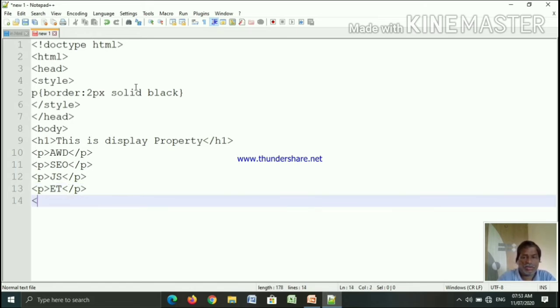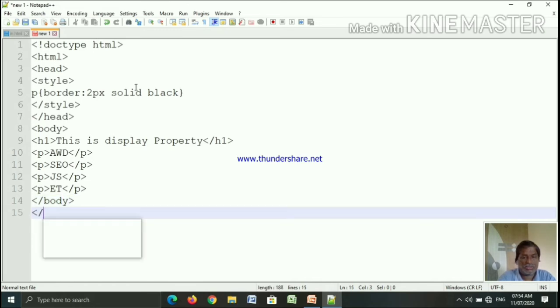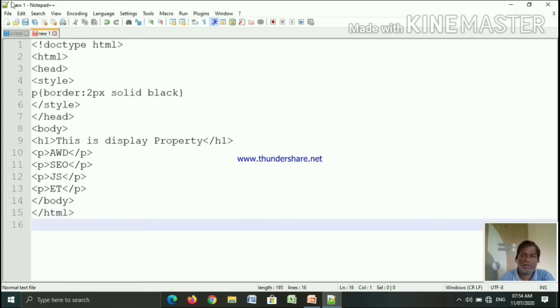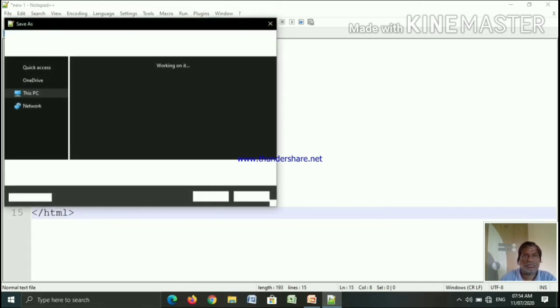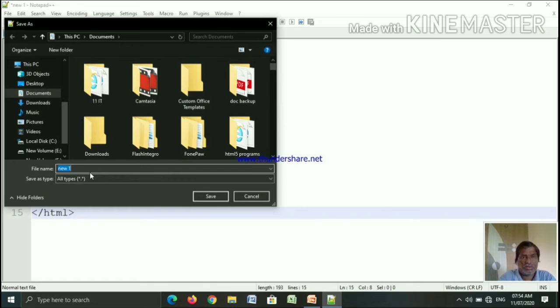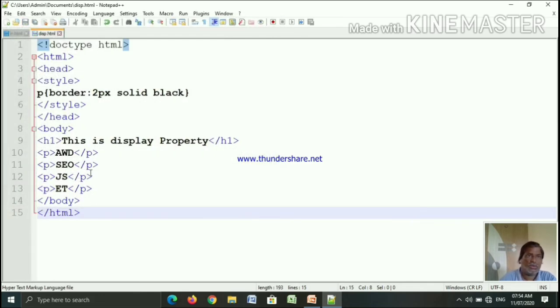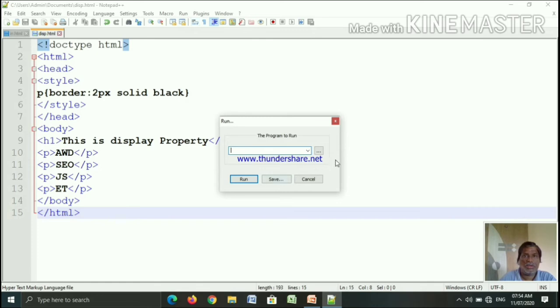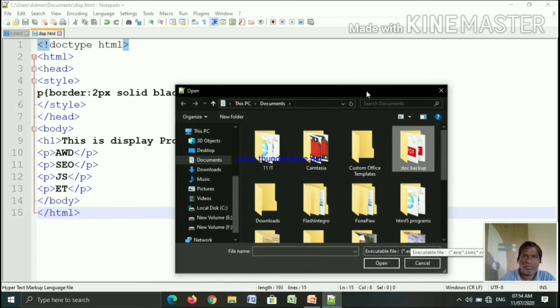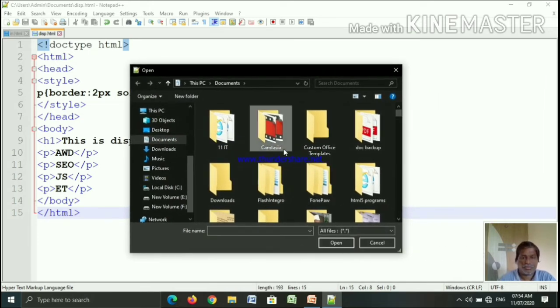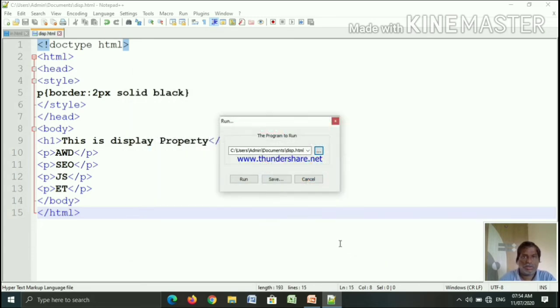Okay, and slash body, slash HTML. Now save this program as disp.html. Okay, run.